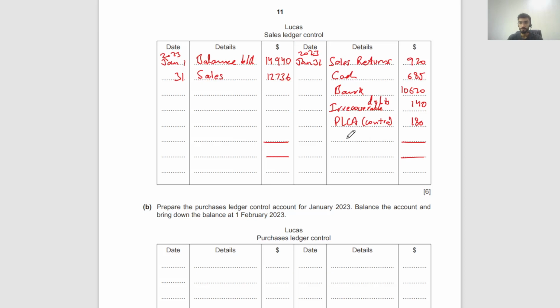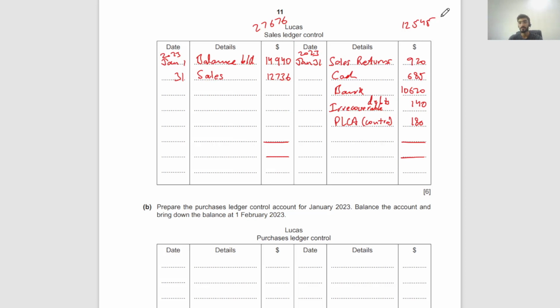14,940 plus 12,736. That's 27,676. Add up the credit side: 920 plus 685 plus 10,620 plus 140 plus 180. Okay, that's 12,545. The smaller side is the credit one, so